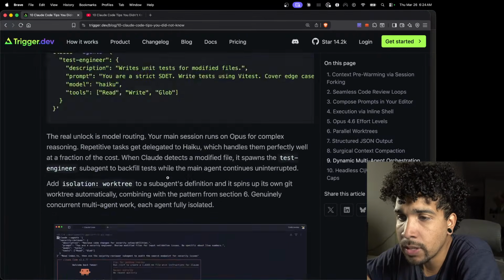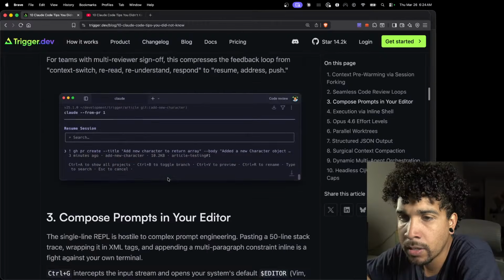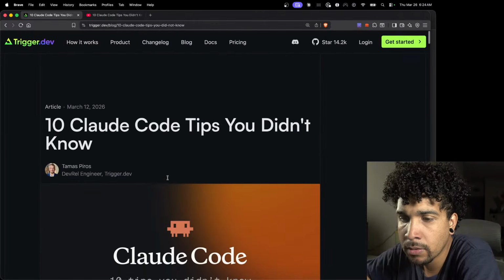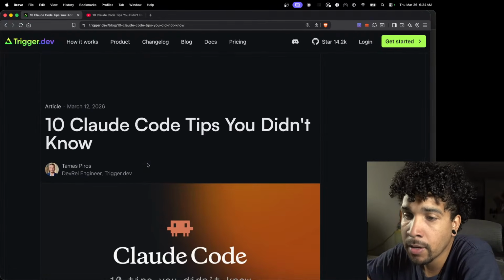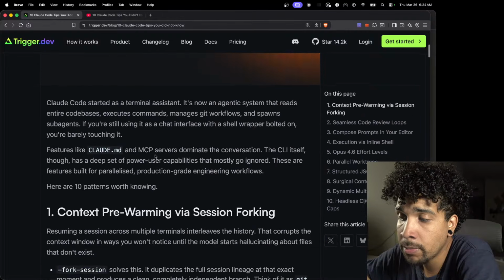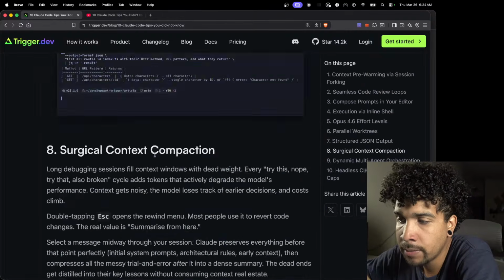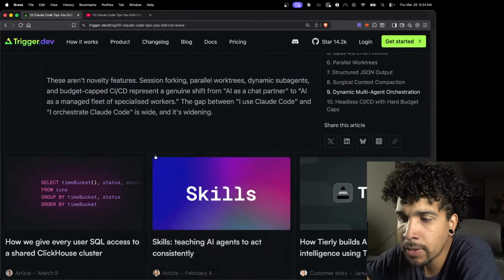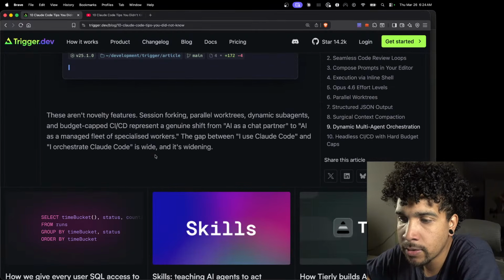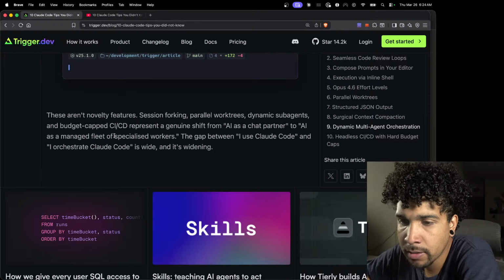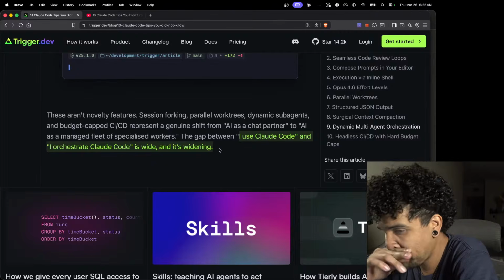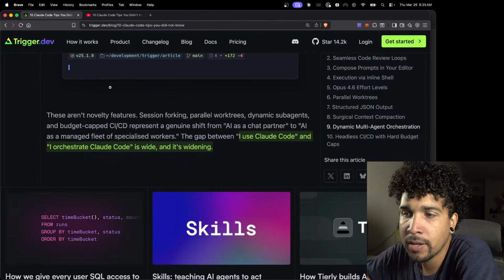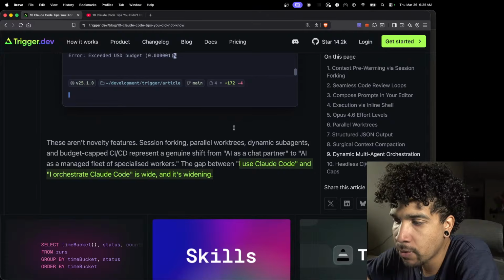Yeah, this was a really, really strong article. Shout out to Tamis Piro, sorry if I said your name wrong. This was a really strong article. I'm going to be using a lot of these. He even hit me with the little don't get left behind stuff. Where is it? I like this, right? It's a widening, orchestrate. And obviously, the company probably does orchestration or whatever, but